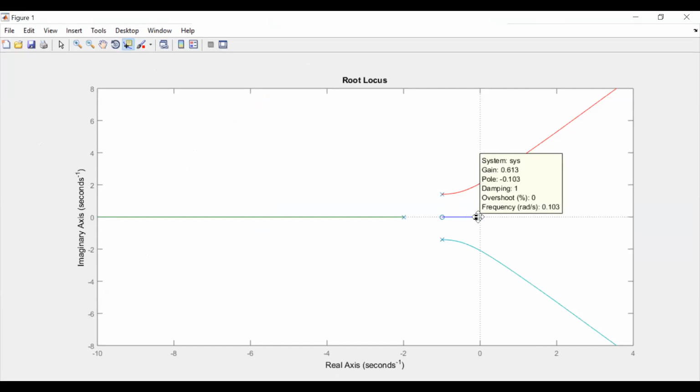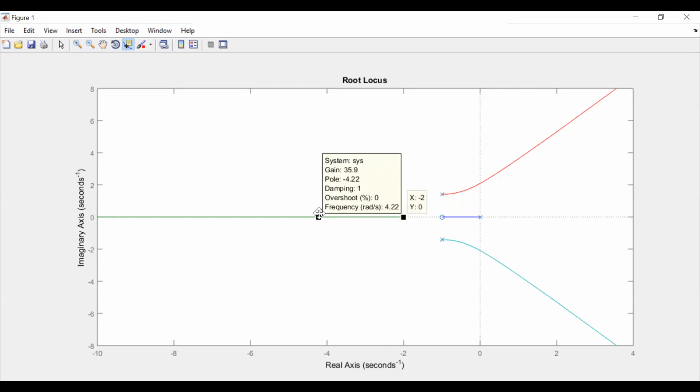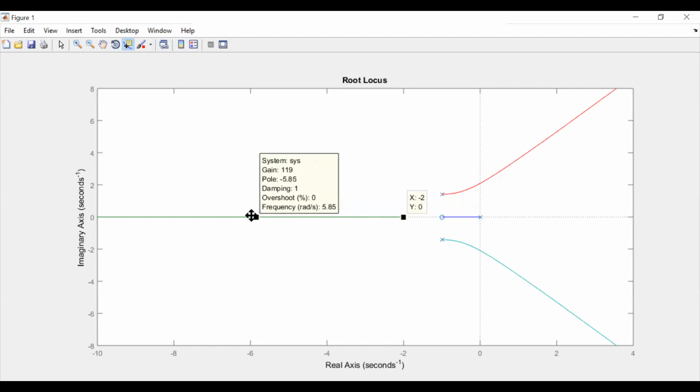See, as I'm moving the value, the point where the root locus starts, where will it start? It will start on a pole. At that point, the gain is 0. As it moves towards the 0 of the system, the gain becomes infinity. Okay. Here also, I can show, at this point, wherever the root locus starts, at the pole, the gain is 0. As it moves towards the 0 or the root 0, the gain goes on increasing.